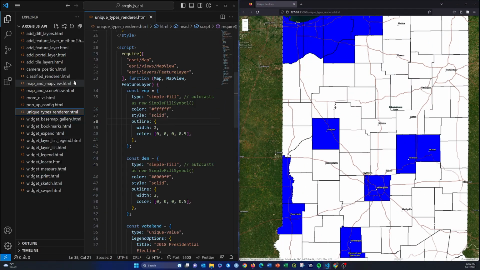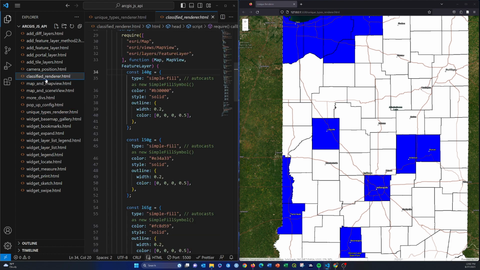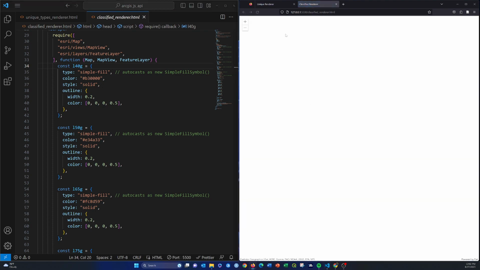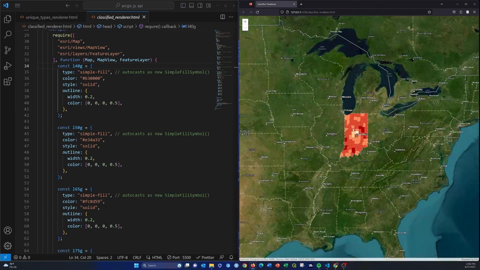Let's look at a different type of renderer now. We're going to look at classified values. So let's close this. We'll kill our view, and then open it back up. Okay, so this is new. This is showing